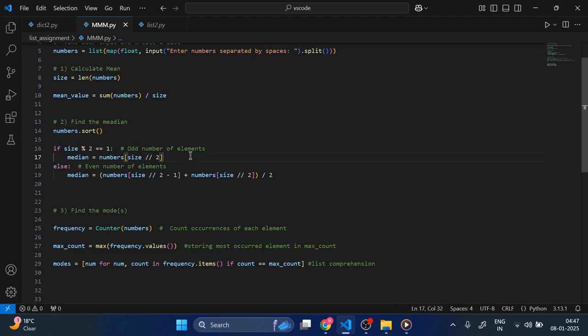Basically, our formula to find the median where the size is odd is the n by 2th term. So here we have to find the index of the middle element. By doing this, we will exactly get the index of the middle element. And if our size is even, then our